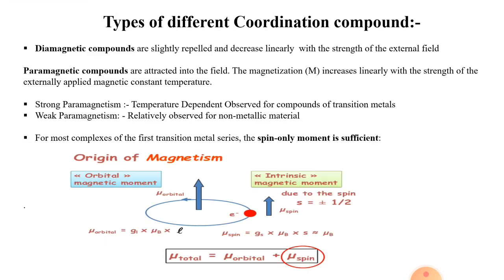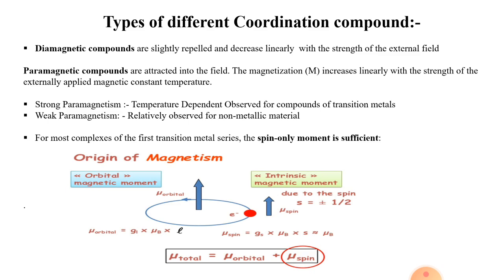Diamagnetic compounds are those compounds which are slightly repelled, and the magnetic property of which decreases linearly with the strength of the external field. Paramagnetic compounds are those compounds which are attracted toward the magnetic field, and the magnetism increases linearly with the increase in the strength of the external magnetic field at constant temperature. There are two types of paramagnetism: strong paramagnetism and weak paramagnetism. In strong paramagnetism, the